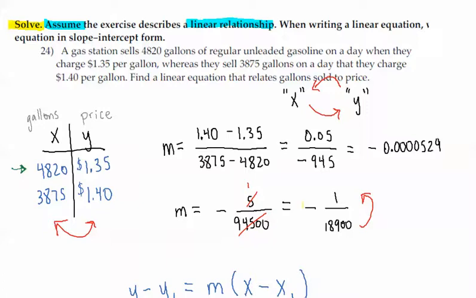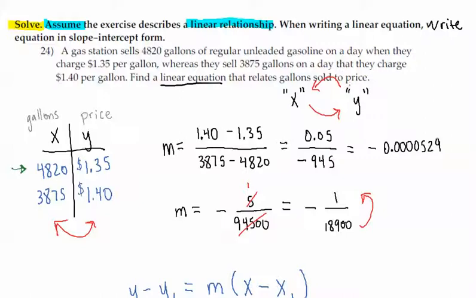To try and keep this short, but I wanted to show you that in today's discussion about question number 24, I made a mistake. This is the one that says to write the equation based on the information here in the paragraph. Down here when it says find the linear equation that relates gallons sold to price,